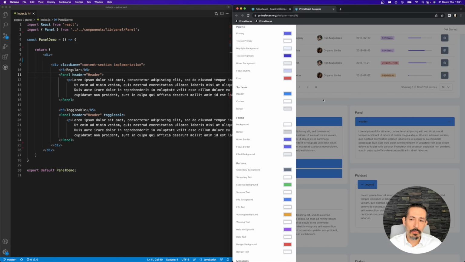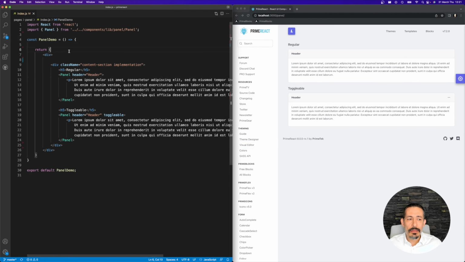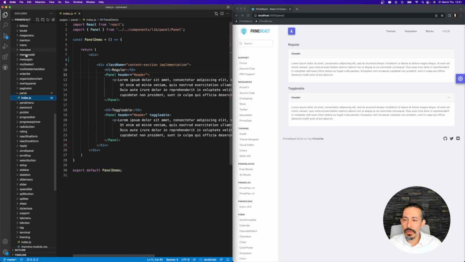In this video, I would like to show you how to do scoped styling so that you only style a certain component, in this case, the panel. So I will leave the designer. Let's start with the named class. It is an alternative in case your application doesn't have a scoped CSS implementation like CSS modules or styled components or something else. So first, let's try to create